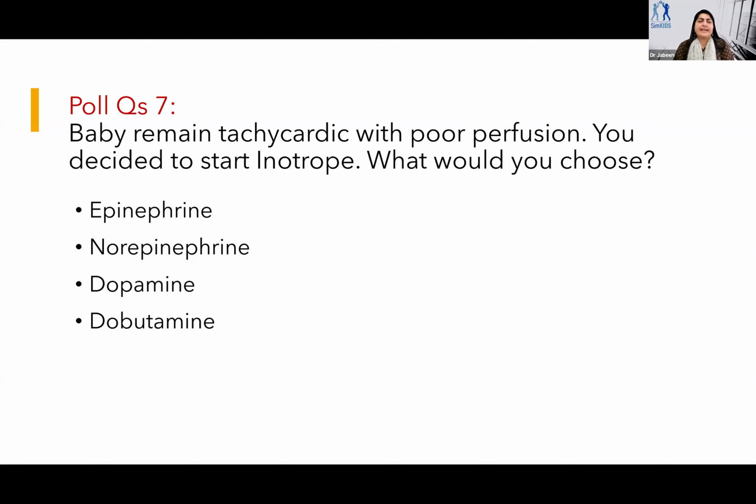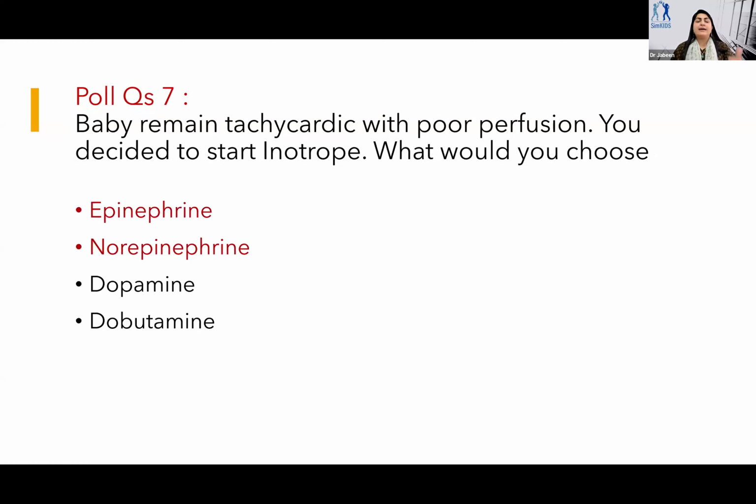So now go to the second question. You gave fluid, you did reassessment, but the child remained tachycardic after two boluses or three boluses, and you plan to start an inotrope. So what is your choice of inotrope? Epinephrine, norepinephrine, dopamine, dobutamine, and it could be more than one correct answer. Yeah, I'm seeing epinephrine,